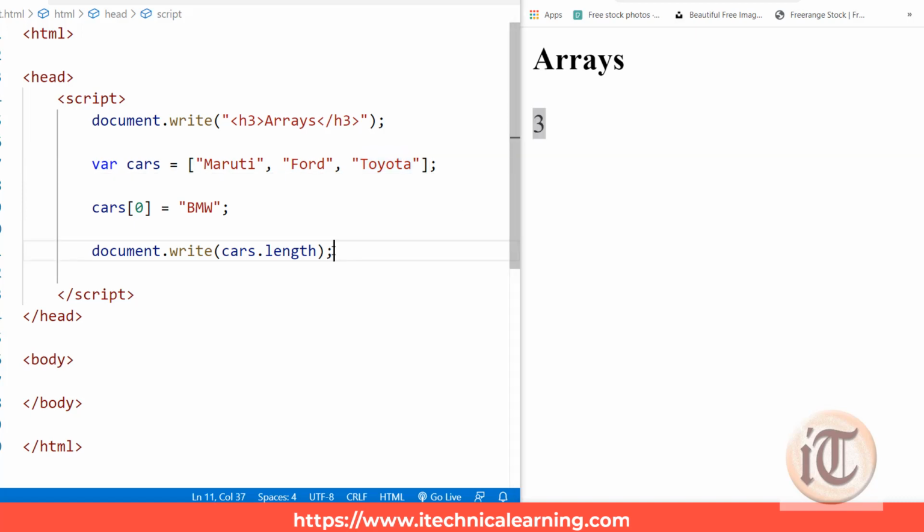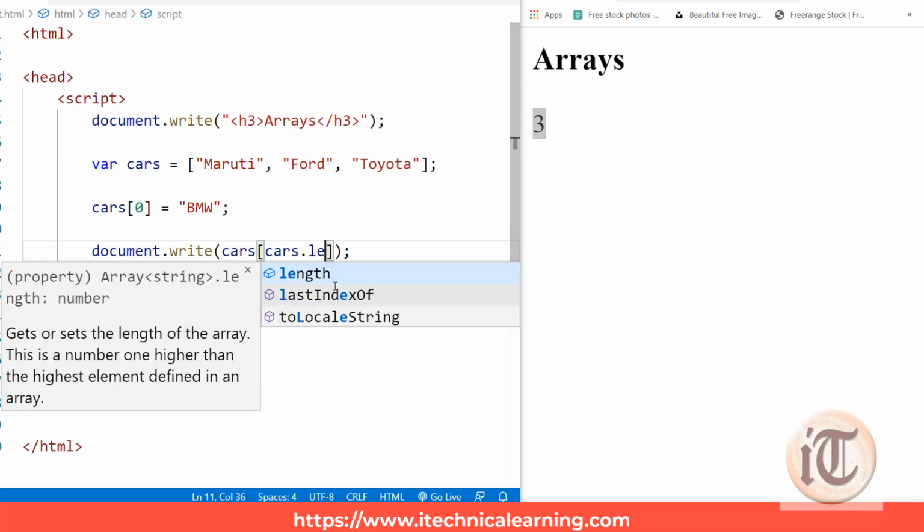Now next is using this. Suppose I want to access the first element, we know to access the first element we have to write cars at 0 index, and suppose I want to access the last index. This array is containing so many values, so instead of maintaining the record, we can simply use cars, and inside the cars I need to write cars.length, that is whatever is the length of the cars, and then -1.